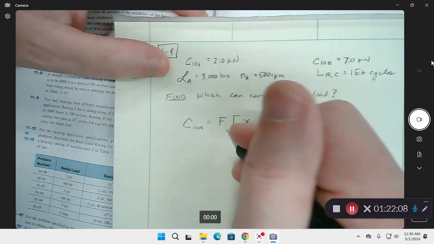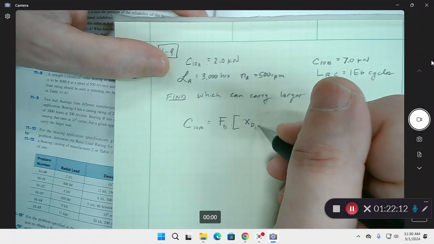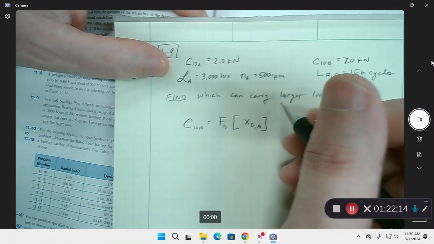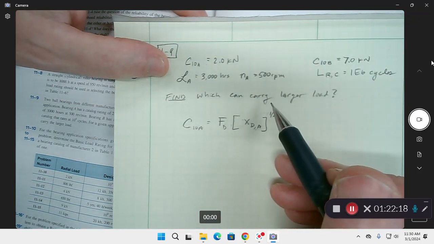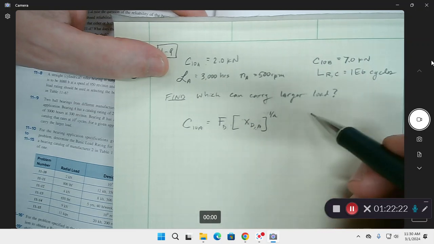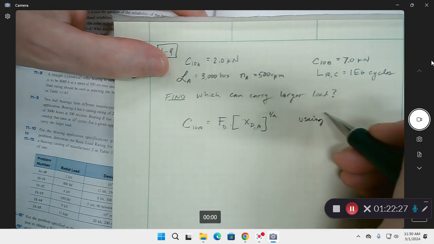I don't know, I'll just leave it as D, and this I'll go as A. So, using,